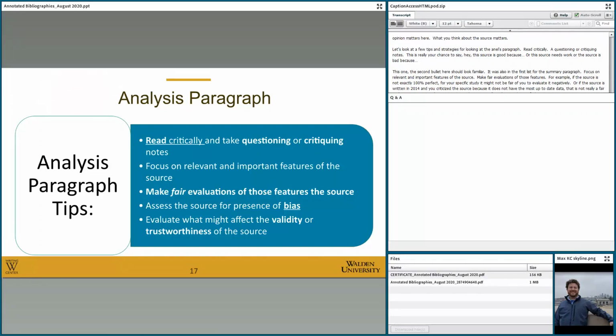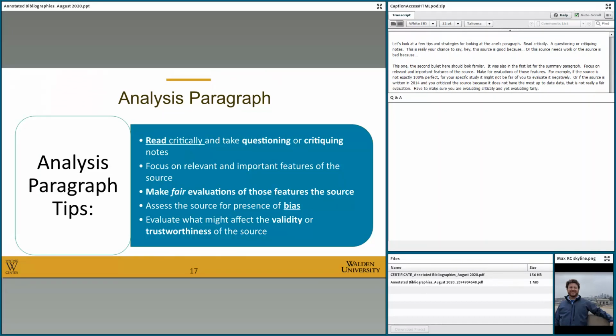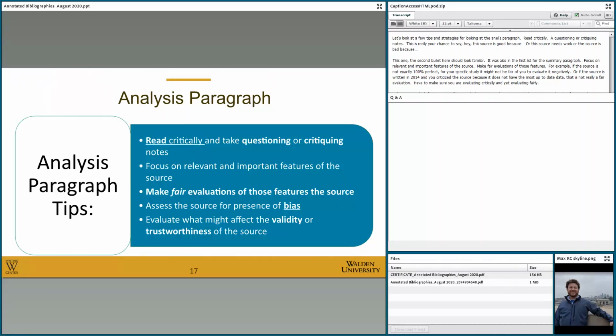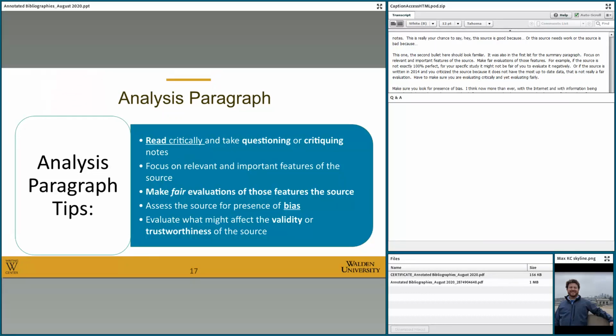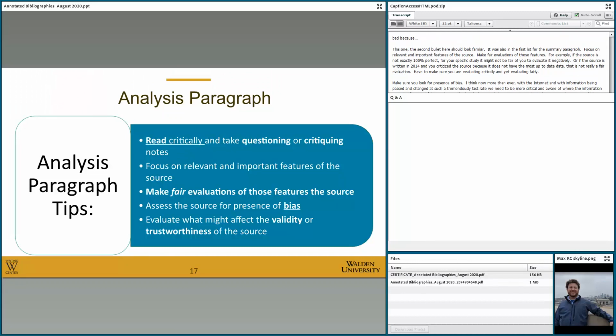Make sure you look for presence of bias. I think now, more than ever, with the internet and with information being passed and changed at such a tremendously fast rate, we need to be even more critical and even more aware of where the information is coming from and if there's bias involved with that. And then you might also evaluate the trustworthiness or the credibility or the validity of the source. All of these things would be very useful features to include in your